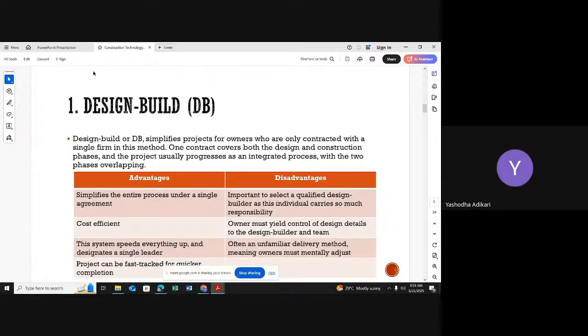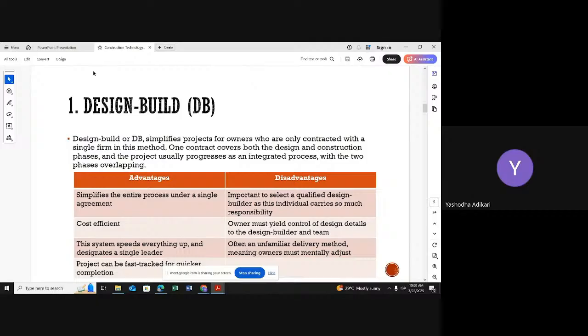If I work with two different companies for the design and the construction, there are two different owners, two different leaders. Now imagine the designer informs me there is not enough space to do the design change, so I inform the contractor also. The contractor comes in and says, why are you telling like that? There is enough space to do the design change. Please change it according to the client requirement. Likewise, they can argue because they are working in two different companies.